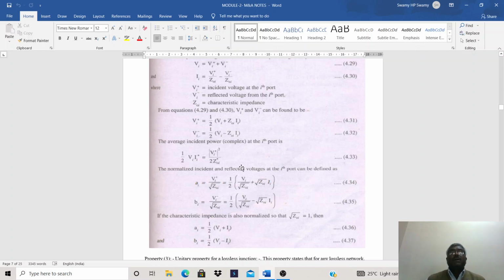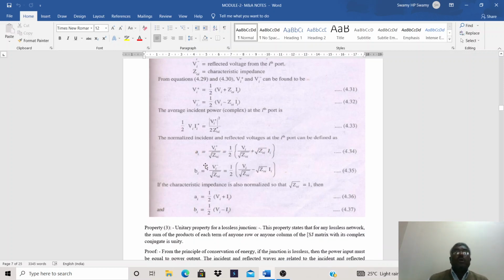The average incident power, which is complex, at the ith port is 1/2 Vi Ii*, where the star indicates complex conjugate. That will be equal to the magnitude of Vi+ squared divided by 2 Z0i, because the impedance is complex conjugate. Therefore, the normalized incident and reflected voltages at the ith port can be defined as